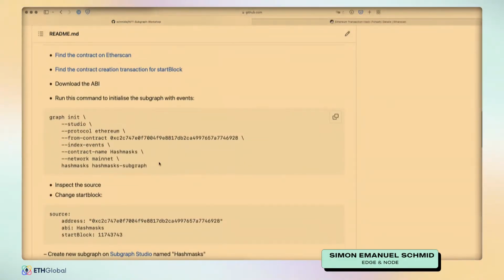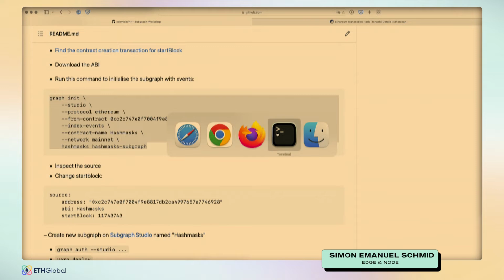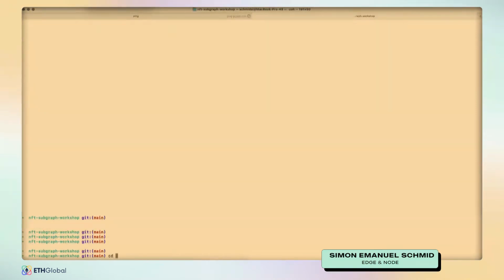And now this one. This is actually the biggest time saver, especially for hackathon projects, if you want to quickly start a subgraph from an existing smart contract on Etherscan or on Ethereum or any other chain that is supported. Not all of them are supported with this quick start. You can also do this if you can provide the ABI. It's a little bit more complex, but we want to move fast here. So what I do is I